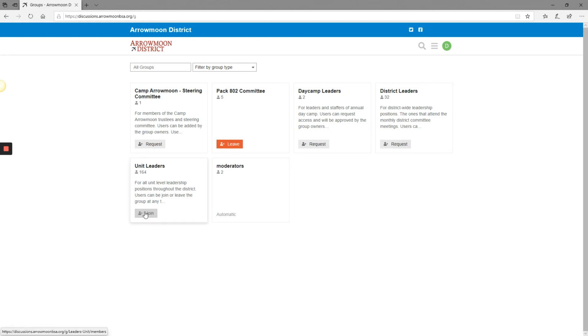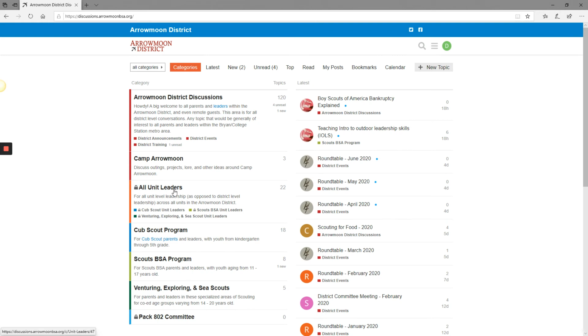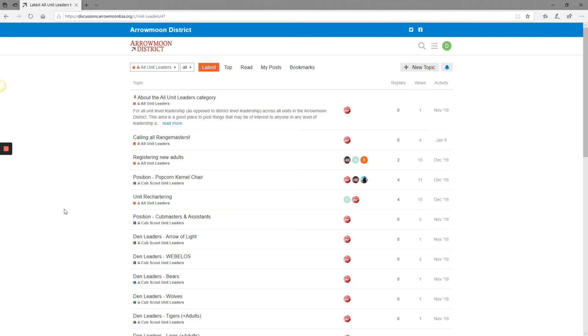So if you're any type of unit leadership or interested in unit leadership or want to learn more about unit leadership, you can join this. When you join this, it will give you access to all the unit leader logins areas. So this is a whole separate section specifically for leadership. So there's stuff specific to Cub Scouts and Scouts BSA, and then venturing, exploring, Sea Scouts, and then there's stuff that's just of interest to all